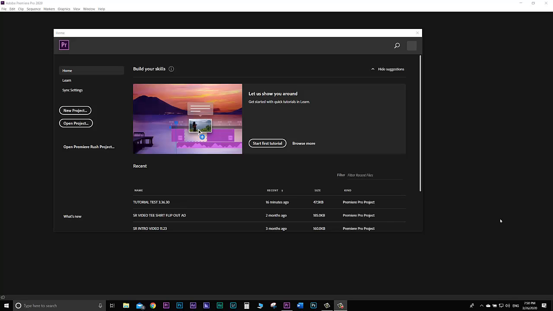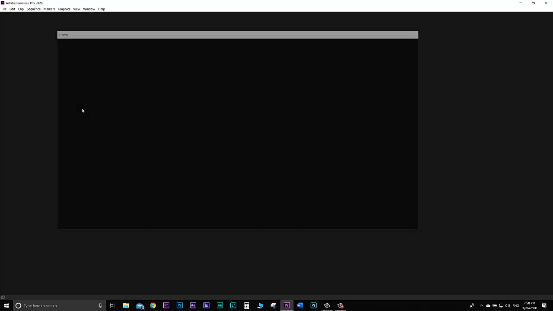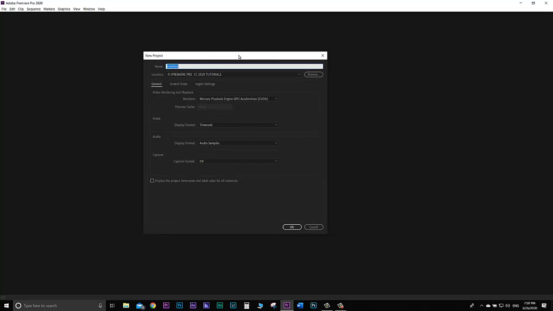Okay, in this very brief, quick tutorial, I'm just going to show you how to basically set up your project in case you haven't already done this, so everybody's pretty much on the same page. You'll launch Premiere, and when you get to your home screen, you're going to go New Project. That's going to open up this dialog box where you can create a project. Name it your first initial, last name, underscore P3 underscore npm,